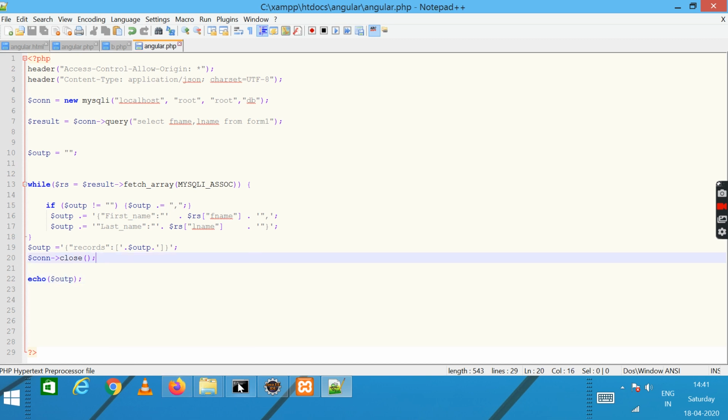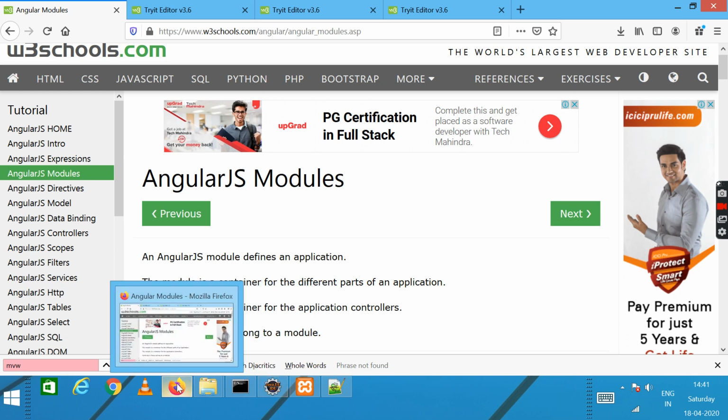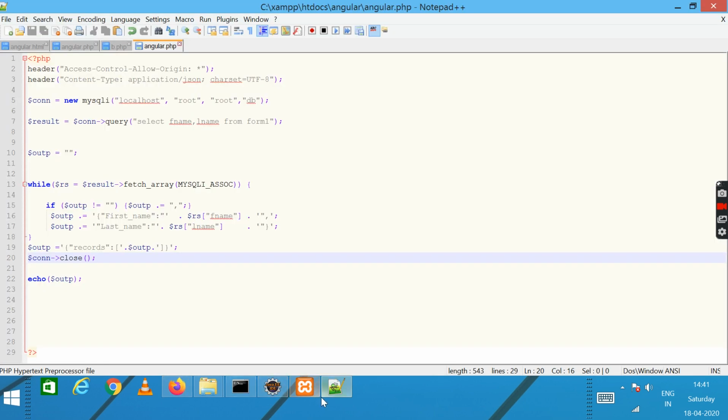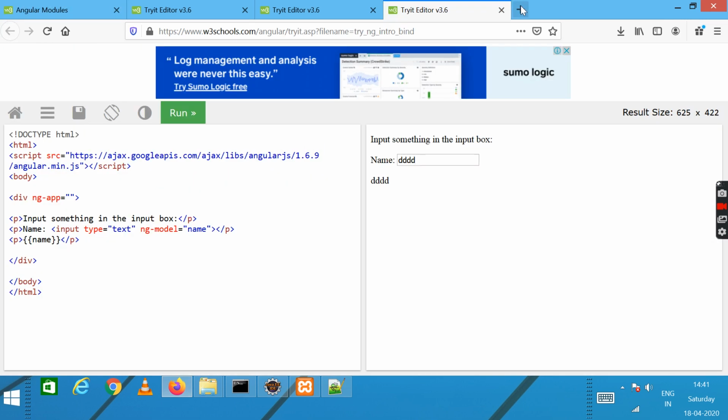What I'll do is I'll run this only. Till now we have not discussed the AngularJS part. We have only run the PHP code. So what I'll do is I'll run the PHP file.